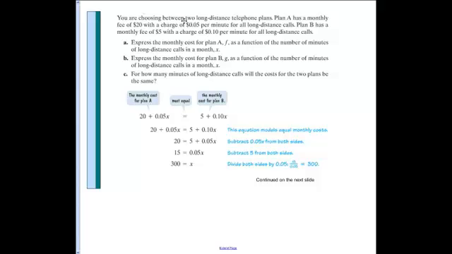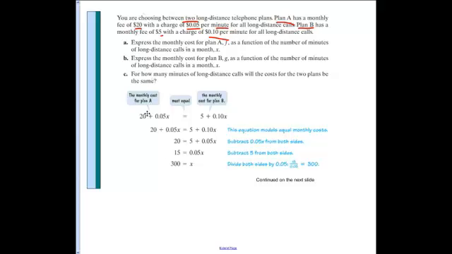It says you are choosing between two long distance telephone plans. Plan A has a monthly fee of $20 and charges 5 cents per minute. Plan B has a monthly fee of $5 and charges 10 cents per minute. What we want to determine is which is the best plan, or at how many minutes are the plans